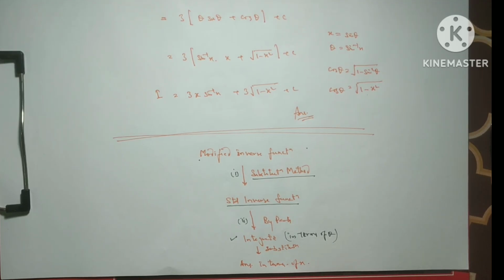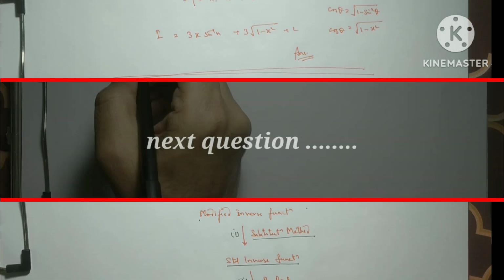So we want it in terms of x again, so we used substitution again and we get the answer in terms of x. So this is the working method in this inverse part 2 or advanced inverse. So next question,